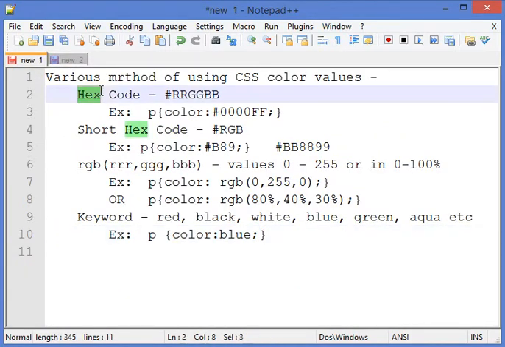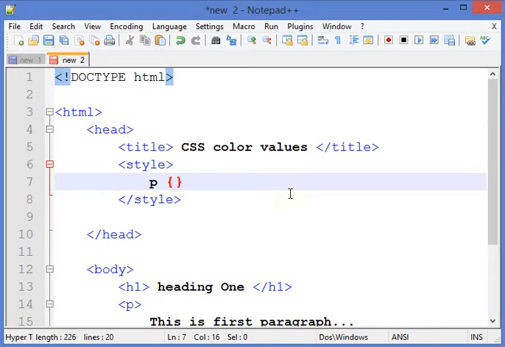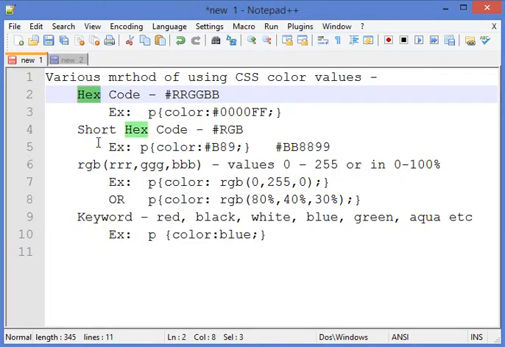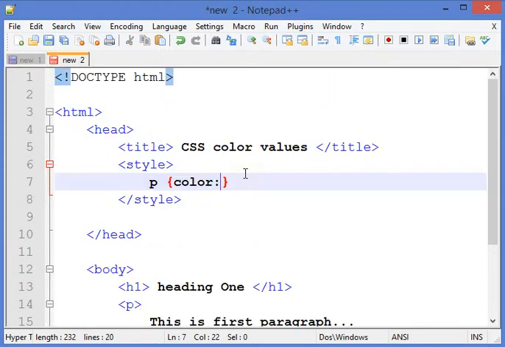by using the first method, hex code. So I will use the color property and the value. How can I assign the value? We have already seen that to assign the color value, we have these many methods available in CSS. So the first method, let's see, is using hex code. We know that a hex code starts with a hash sign and then a 6-digit hexadecimal value.